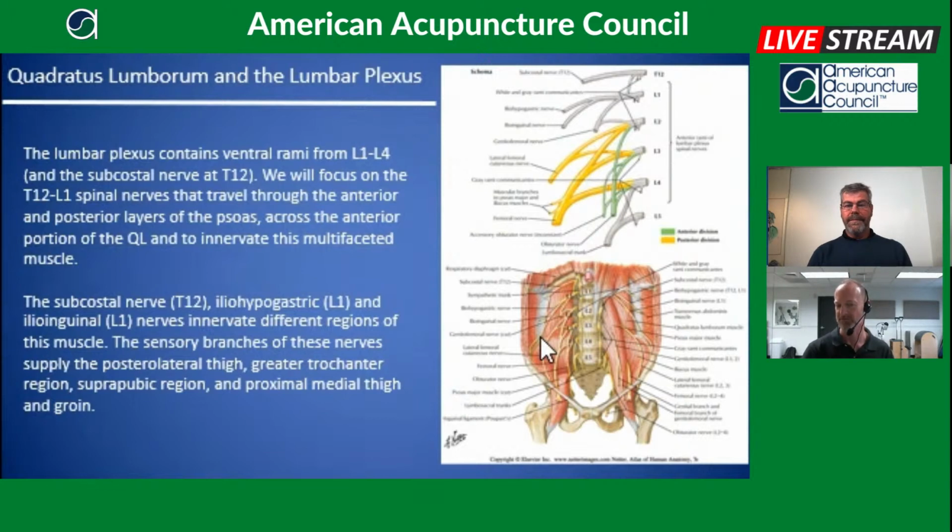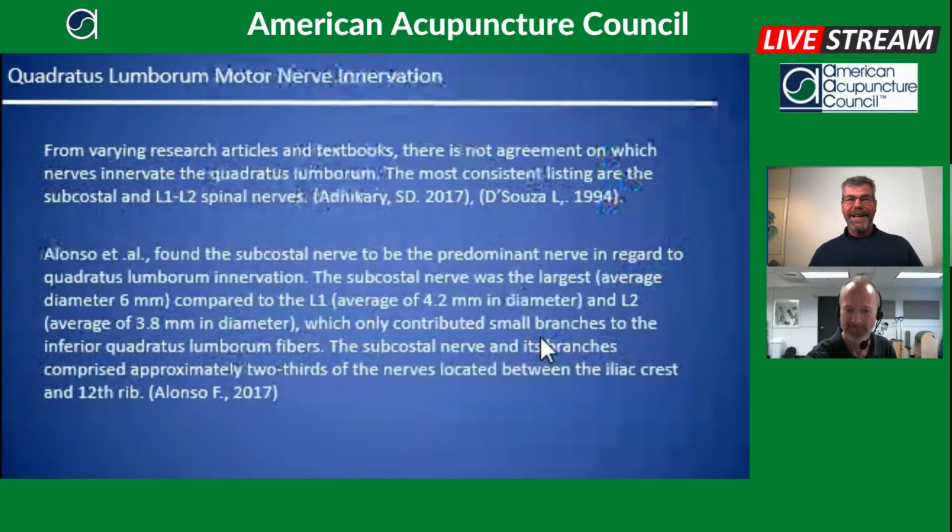So hold that thought. We'll remind you about it, but keep in mind that the nerves that are part of the innervation of the quadratus lumborum, and that have a structural relationship in terms of where they are, have those sensory distributions to the lateral hip, greater trochanter, groin, and up in the suprapubic region. We'll come back and look at how that applies in just a bit. Anything you wanted to add to this, Matt, before jumping into the innervation and motor point? It was a good setup for what's to come.